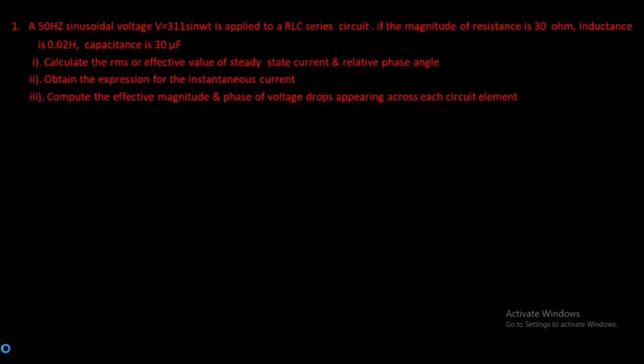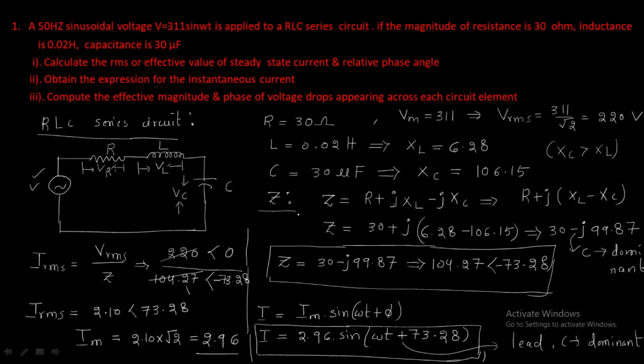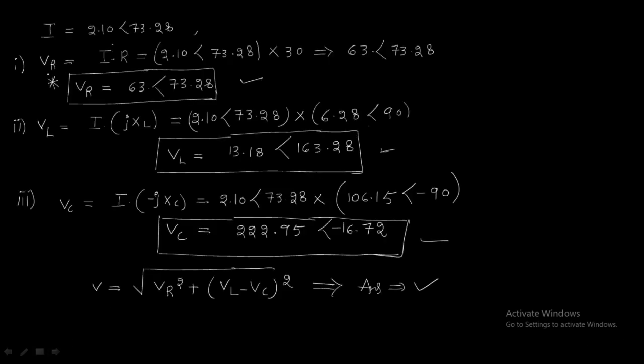So this is the procedure to solve the RLC circuit. Whenever three elements are given, just follow this principle. First you find the impedance, then you find the current, and you have to know the difference between the RMS current, maximum current and instantaneous current. And next, the voltage drop across the resistor, inductor and capacitor. After finding that, if you have any doubt, check this, you will get it. Okay, this is the procedure.